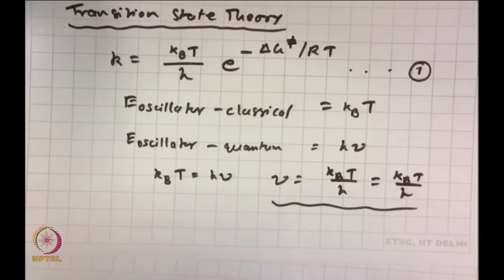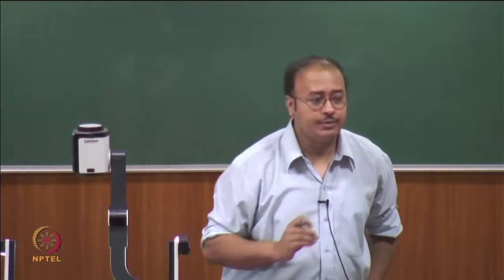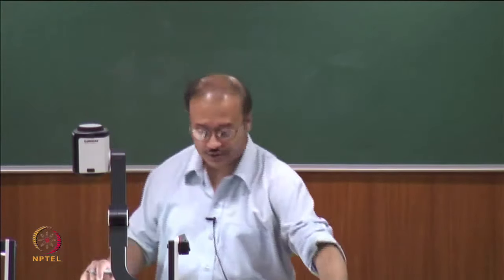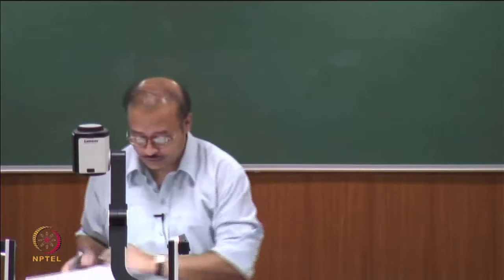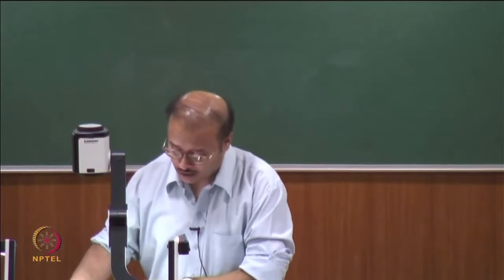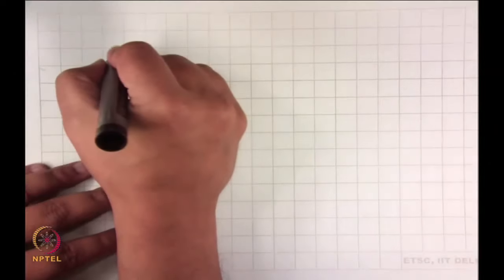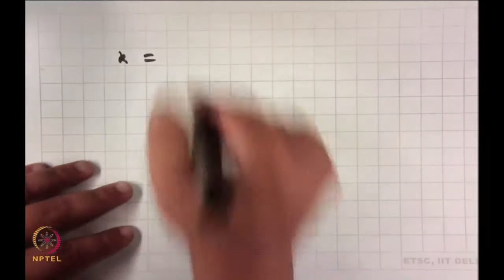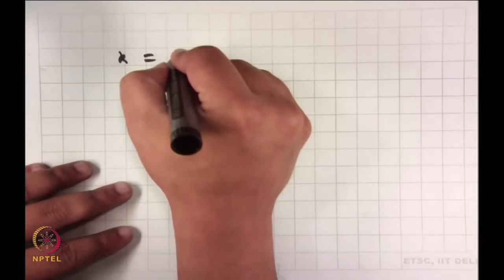That is essentially what it is. Okay. So, that was your Eyring's theory. Okay. Now, we modify it a little bit, we keep everything the same, but when we go for the protein folding process, what we say is that, okay, this is what we will do. We will say that our rate constant k is equal to,